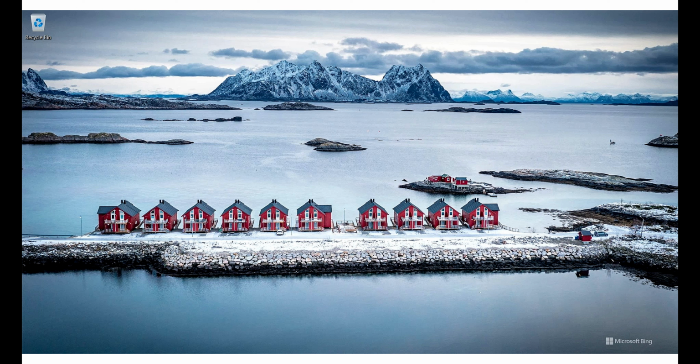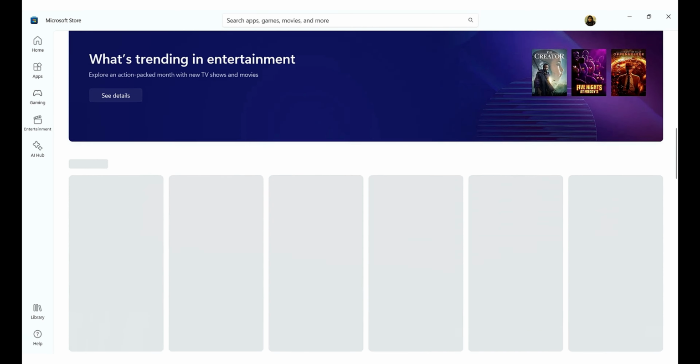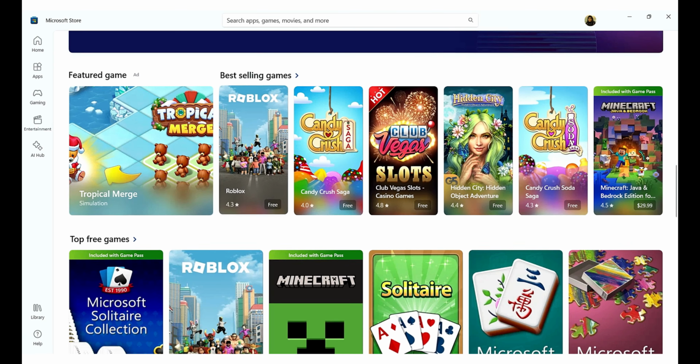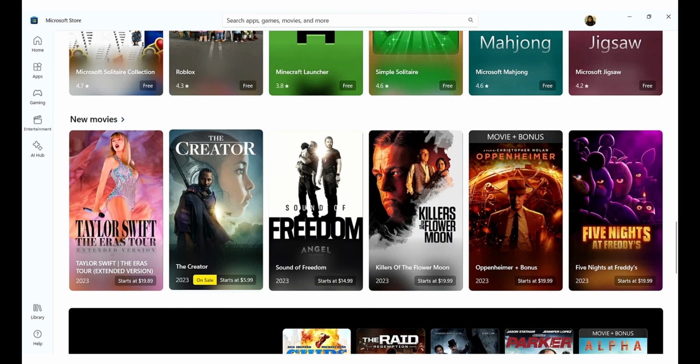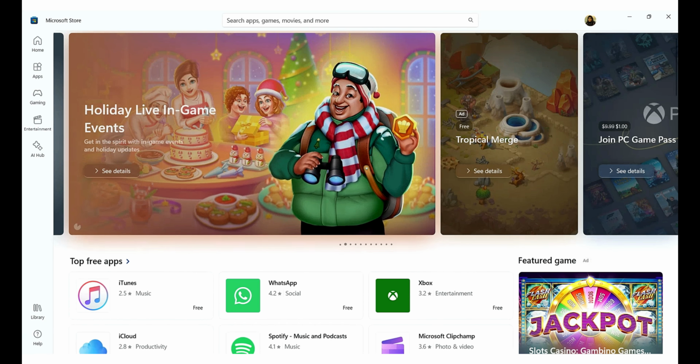So at first I open my Microsoft Store, and this is the Microsoft Store. Here are a lot of apps you can easily install on your Windows 11 PC. Here are some games and movies, etc. So now I just install